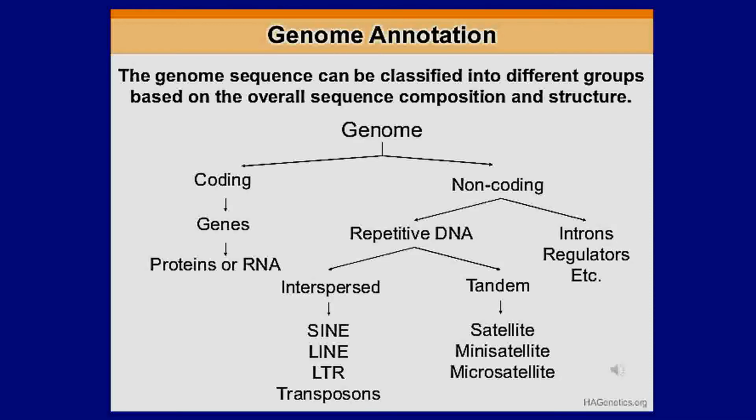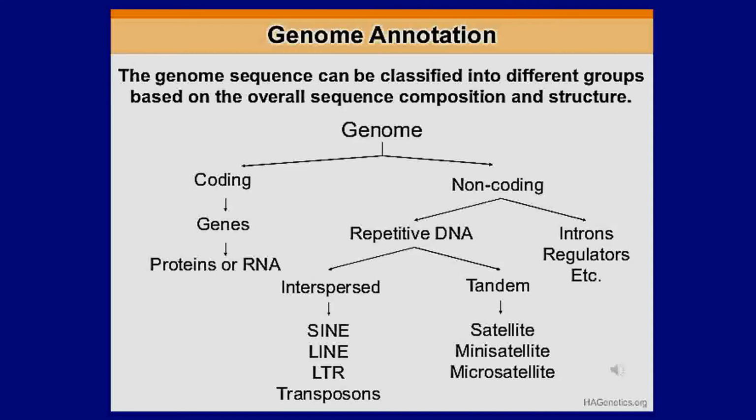Basically, a genome can be divided into two groups, that is coding and non-coding sequences. Under coding sequences, there are genes which synthesize RNAs and thereafter proteins. Non-coding sequences can be further divided into two groups as repetitive DNA and introns,